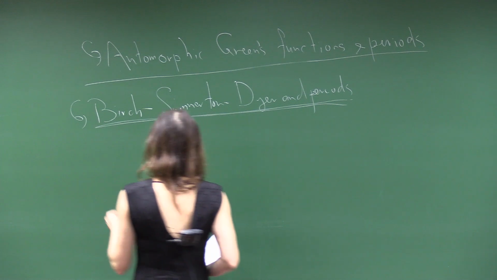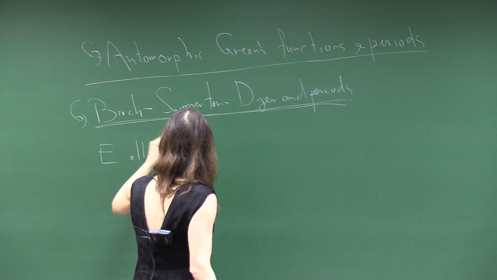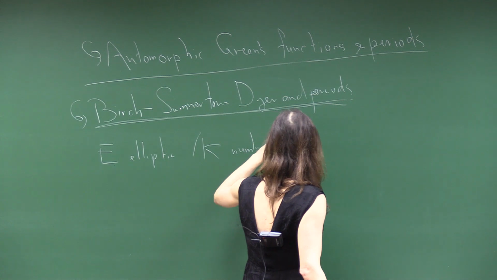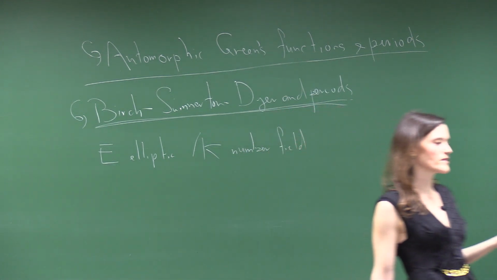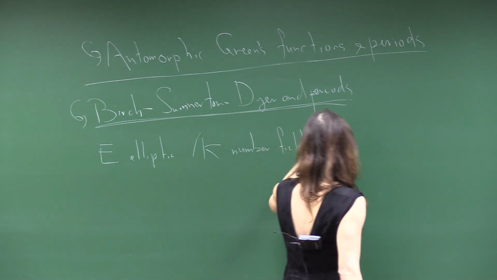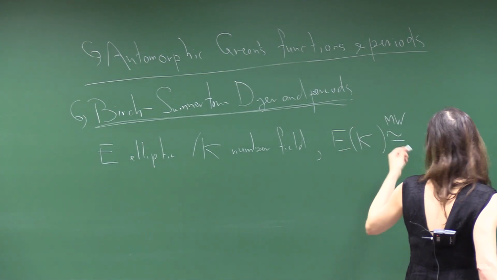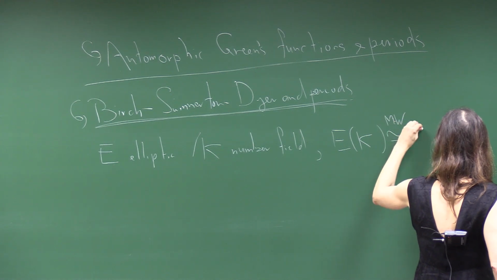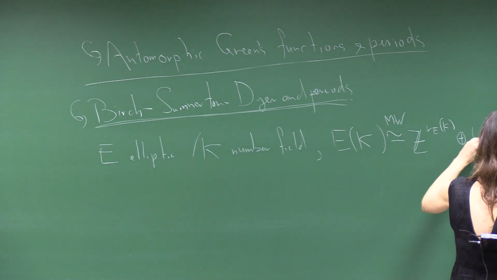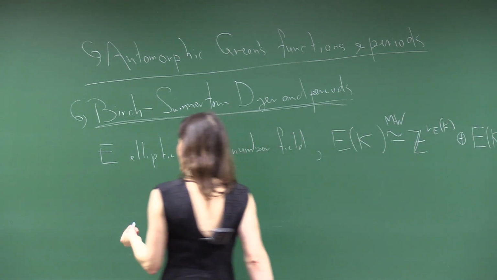So we expect, so if you have E is an elliptic curve, and you have that is defined over a number field, typically we take the number field to be Q or an imaginary quadratic field in the rest of this discussion. And we write, okay, so we consider its group of k rational points has the structure of a finitely generated abelian group, thanks to theorems of Mordell and Weil. And we know that,